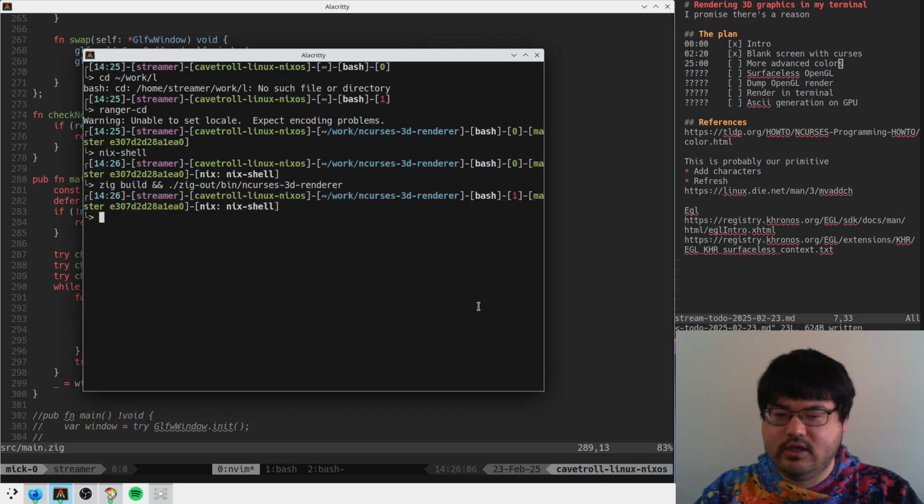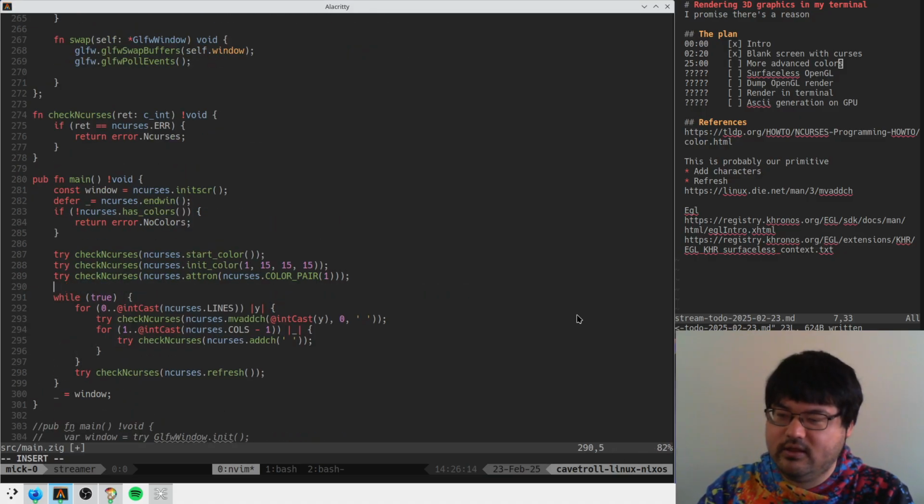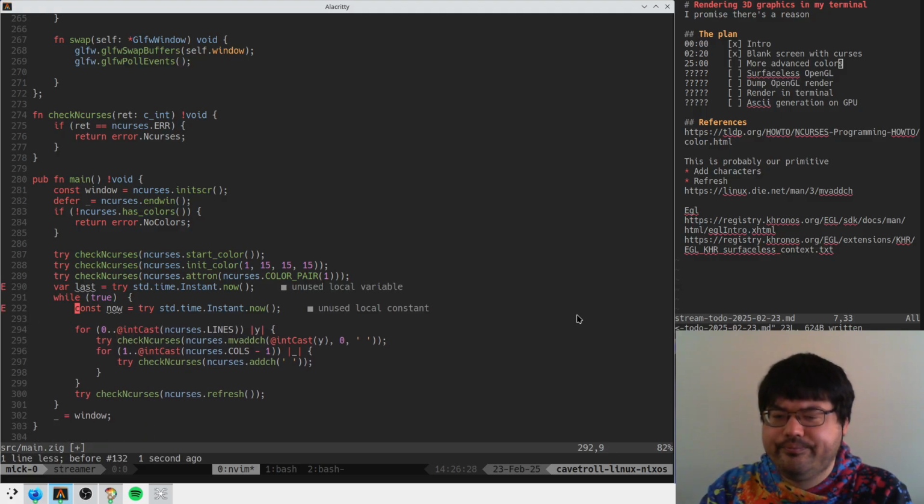Yeah. Okay, so that looks like it's working. Can we do something like, we have this HSV to RGB thing. Can we do that in a loop? So we can say last is std time instant now, and we can say const now is std time instant now as well. And then we can say,